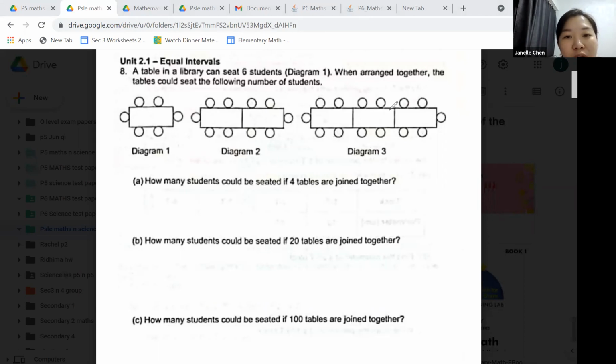So let's begin with the question. So we have this question, we have diagram 1. Basically, what I always tell my students that they have to do is that first thing we start with writing down whatever information that I have here. In this case,